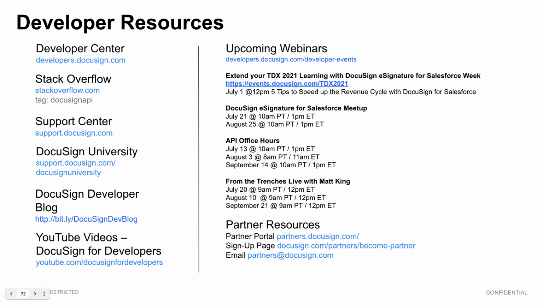Next question is from Cass. Can you please clarify the DocuSign and Salesforce license requirements for System Sender? Does it need to be a Salesforce sysadmin and a DocuSign admin? Yeah, I believe it has to be a Salesforce admin as well. It needs to be a DocuSign administrator for sure. I'm not exactly positive, but I'm pretty sure it also needs to be a Salesforce admin. I could possibly be wrong, but yeah, it's admin privileges.